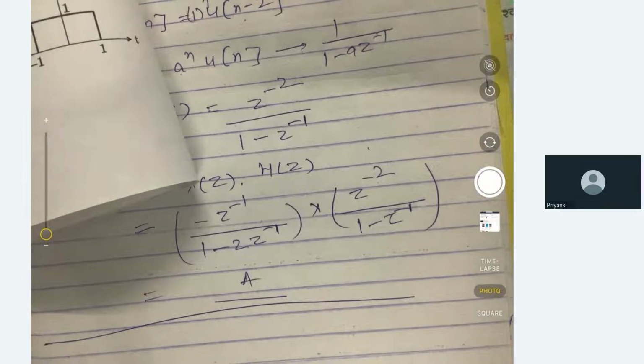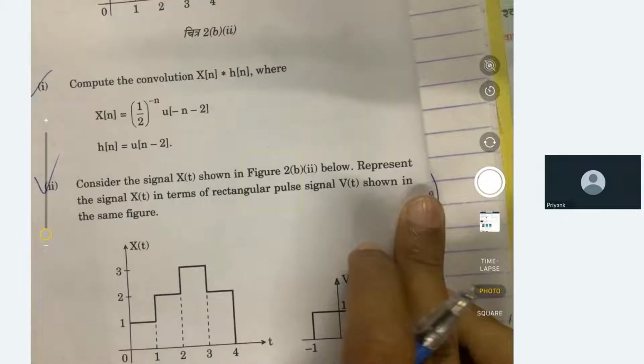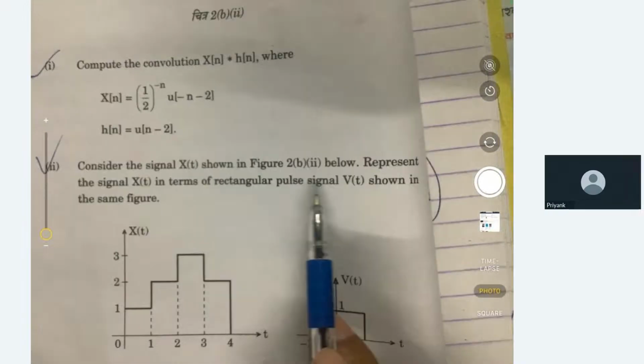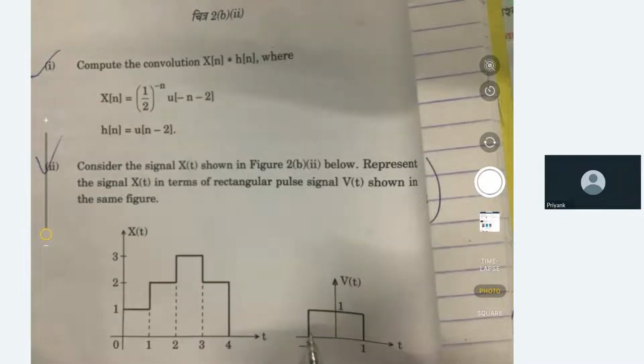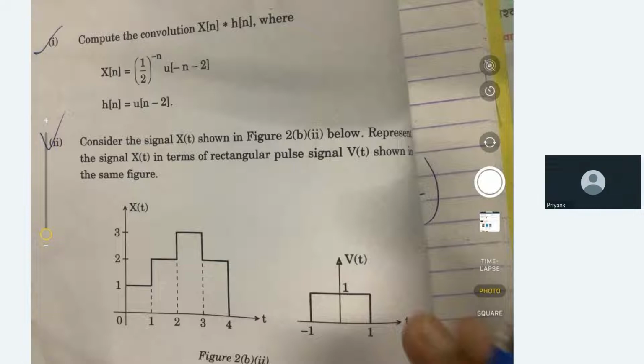Okay. So let's go to part 2 of the second question. Here the signal x(t) is given and they are asking us to represent x(t) in terms of the rectangular pulse v(t). So they are asking us to write it in this form. This is a very easy question, right? We have to just shift this and multiply it. So we can write x(t) is equal to